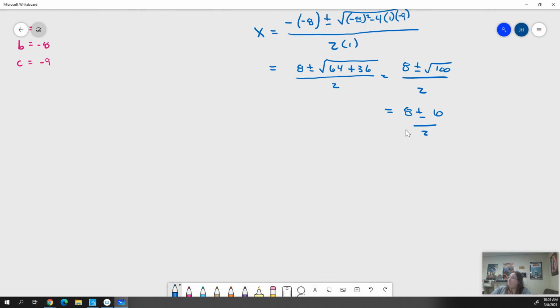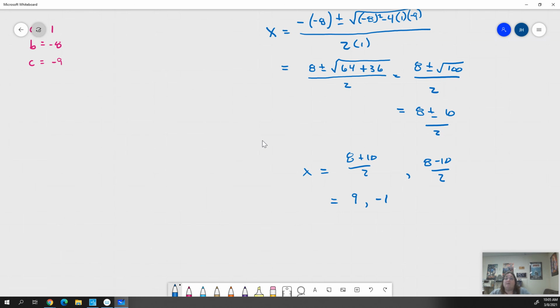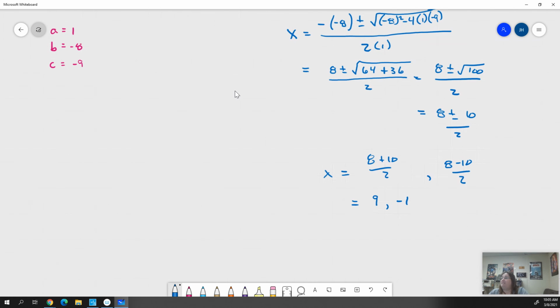It's going to give us 8 plus 10 over 2, right? We've got 8 plus 10 over 2 is one of them. And the other one is going to be 8 minus 10 over 2. 8 plus 10 is 18 divided by 2, which is 9. 8 minus 10 is negative 2 divided by 2, which is negative 1. Those are our 2 x values. We're going to leave them here for right now, and we are going to go and find our axis of